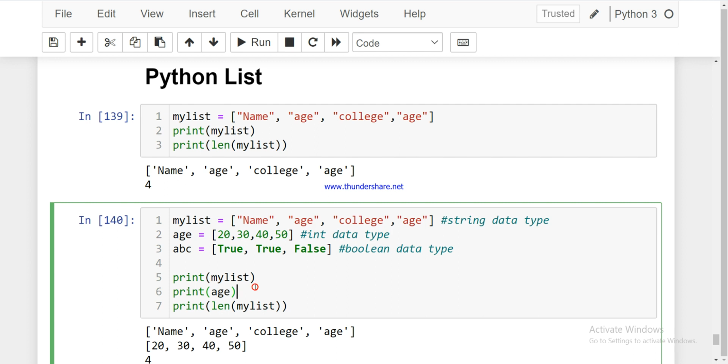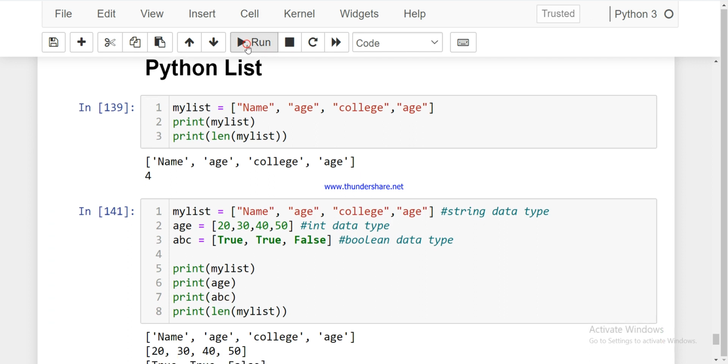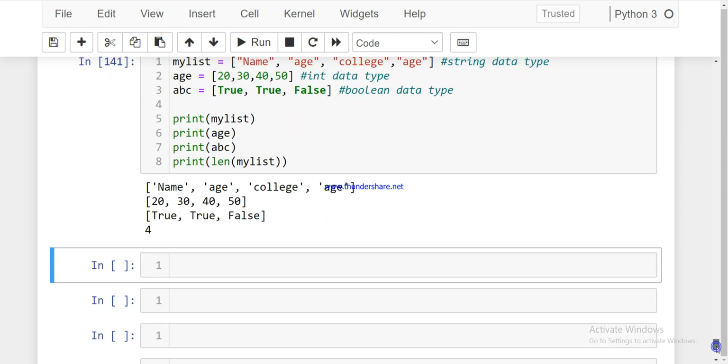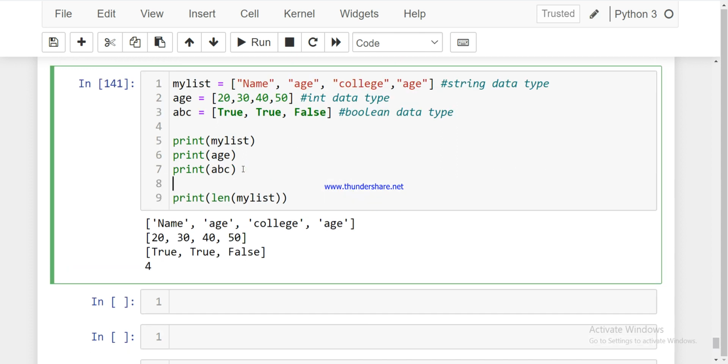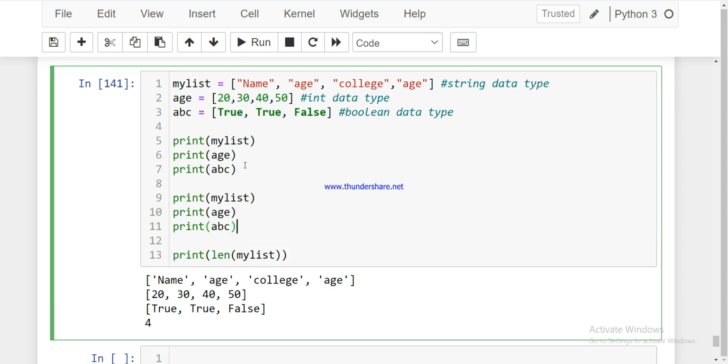All right, so this is about the list. So you have defined that this list is of a string data type, but if you want to check the type of it, how will you check the type? You have to just write type.